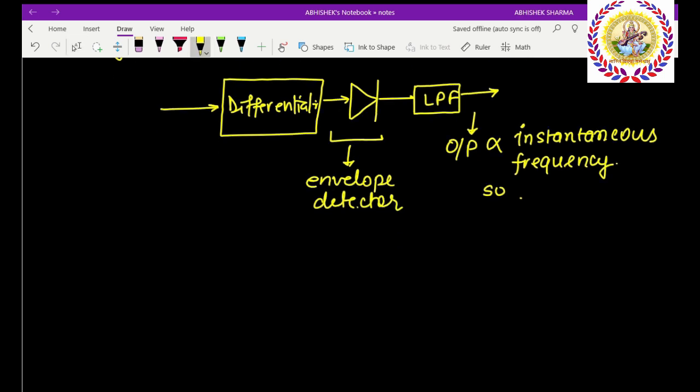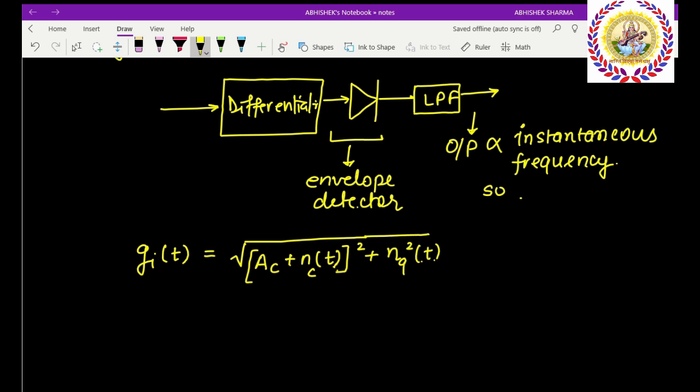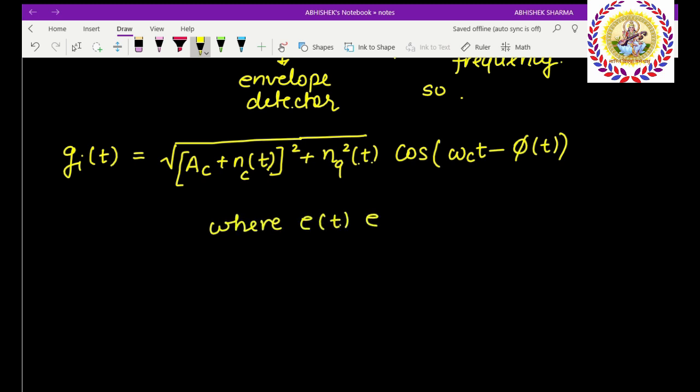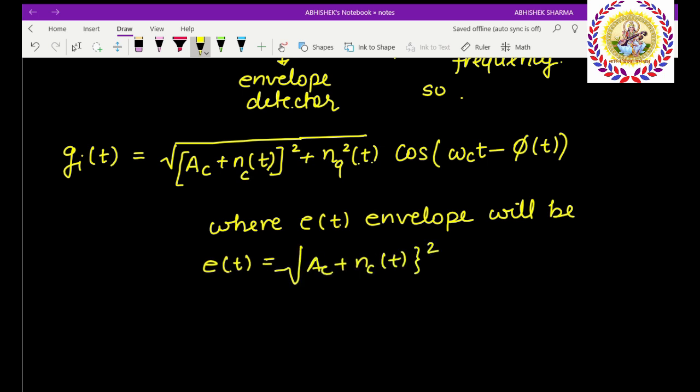Now gi(t) will be equal to under root of Ac plus nc(t) whole square plus nq square t into cos of omega ct minus phi t. Actually, this expression is the trigonometric equivalent of the above expression of gi(t). With the help of trigonometric identity, we have converted the above expression into the form of envelope voltage and phase. So E(t) is our envelope voltage, which is given by this expression,